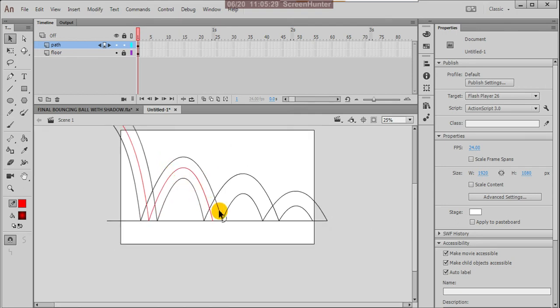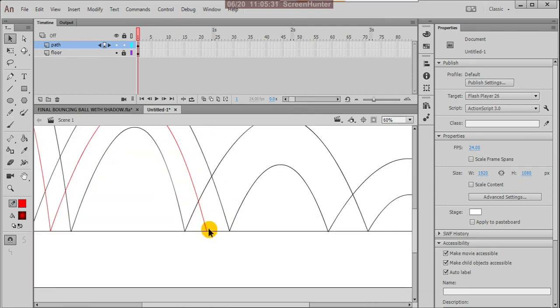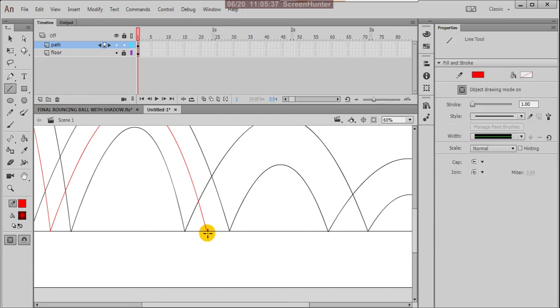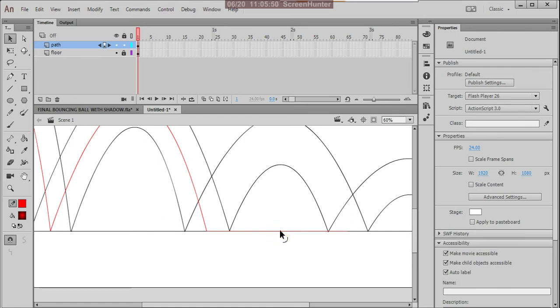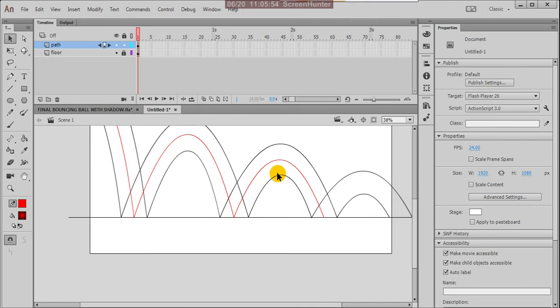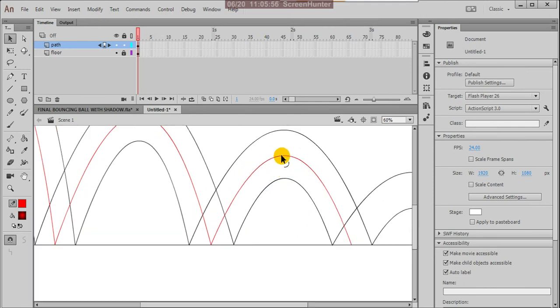Okay, and then again draw one more line, press N. N is the shortcut for the line tool. And draw one more line and select the selection tool. V is the shortcut for the selection tool, V, and lift this line and place it exactly in the middle. This is middle.